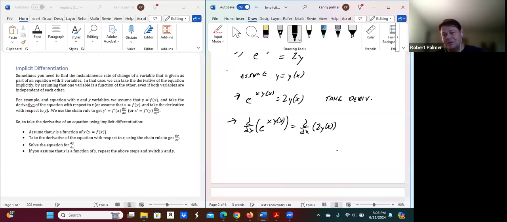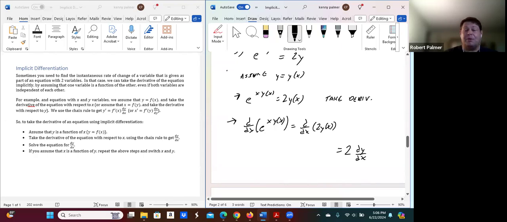Okay. Now, once again, let's do the right-hand side first. So, of course, we pass through the constant. The derivative of just y is basically just dy over dx. Of course, the derivative of y is just like the derivative of x itself would be just 1. So that's going to be 2 times dy over dx. All right. And here,